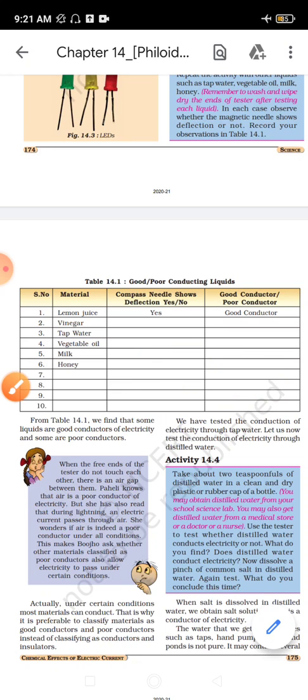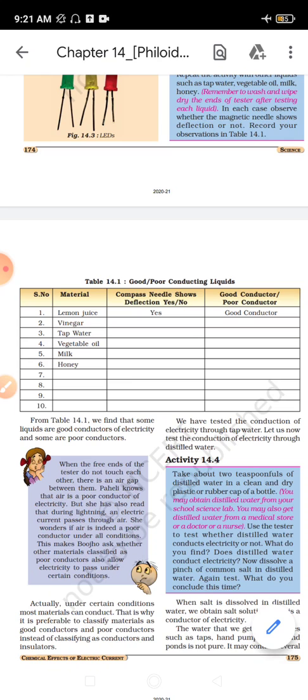So why do we have to classify the materials as poor conductors and good conductors? Because some materials have a conductivity, but it is not up to the mark. They are not useful for us, so we call them poor conductors. It means the bulb will glow or the compass needle will show deflection, but not very much. That is why these materials are considered insulators. That means the electric current is not flowing up to the mark.